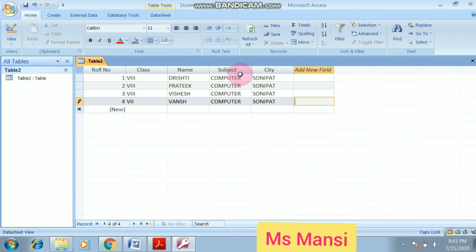I have entered one record with the help of the new command. Now I want to save this record. So firstly click on Home tab, then click on Records group and click on Save command. After clicking on Save command, your data is saved.